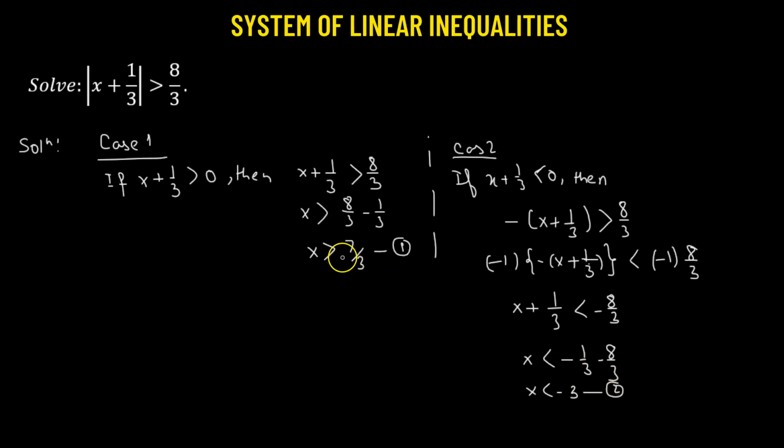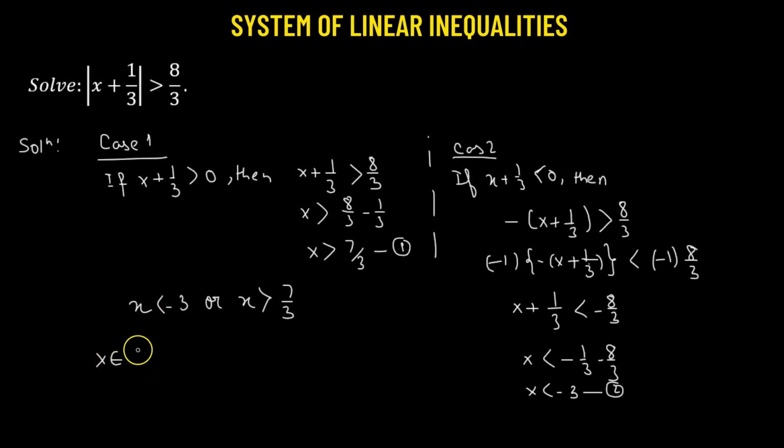So number 1 is giving us x is greater than 7/3 and 2 is telling us x is going to be less than negative 3. So these are the two values of x which are going to satisfy the given linear inequality. Now we'll combine the two solutions. So we can write it as either x is less than negative 3 or x is greater than 7/3. And if we want to express this in the interval form, then we can say x belongs to